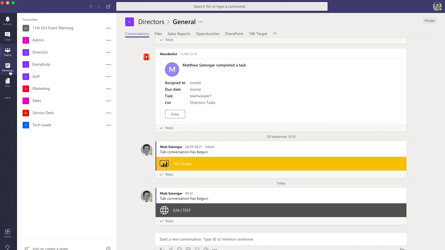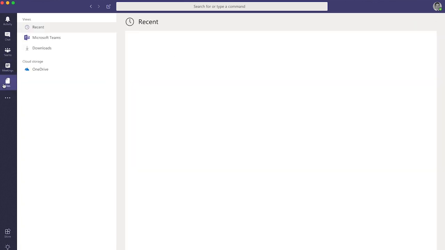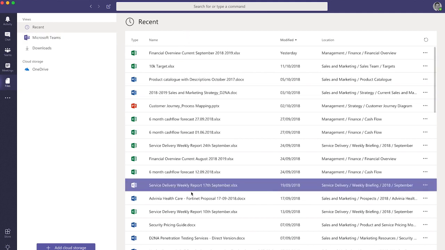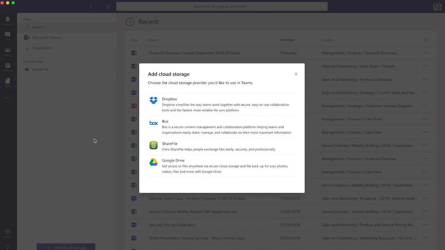We can also bring up our meeting screen, which shows what meetings we have today. I can schedule a meeting. I can join if it's a Teams meeting. So that's really useful rather than having to go out of here into Outlook. And we can also look at files, so those previous files that I've used, and I can even again link out to